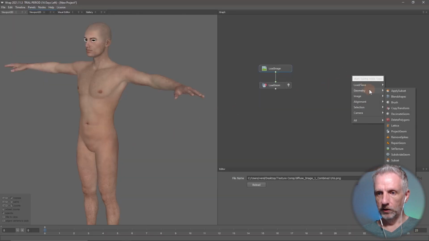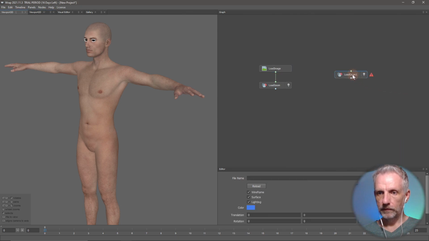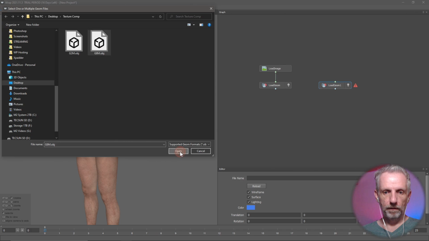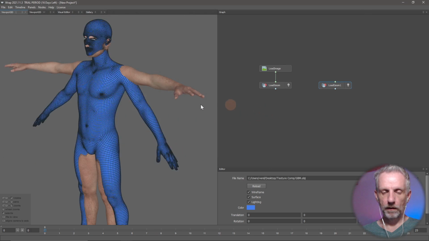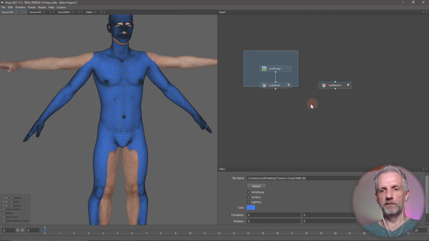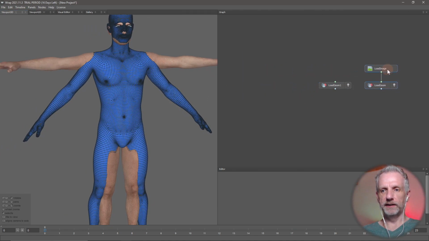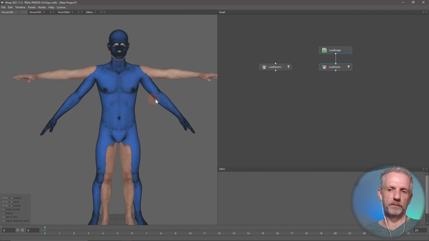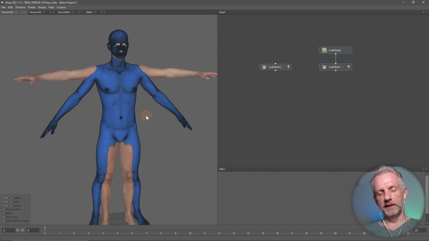Okay, here we go. Load geometry. He doesn't have a texture yet, but we go load him in. Am I doing it the correct way around? No, I'm not. I need to have these guys over on this side. Righty, and then this is my floating geometry. I just like to get organized this way. So this guy's going to be